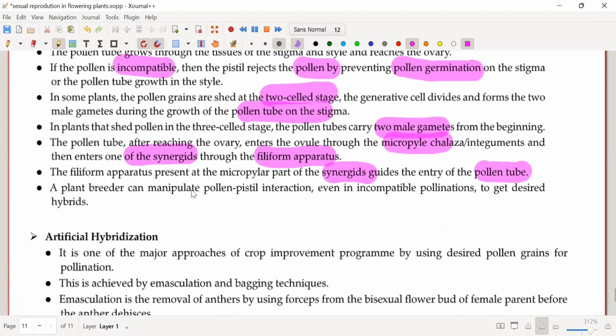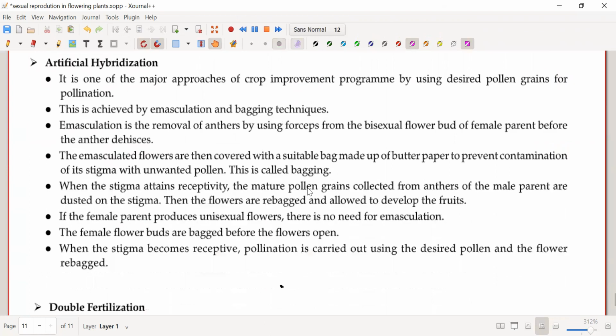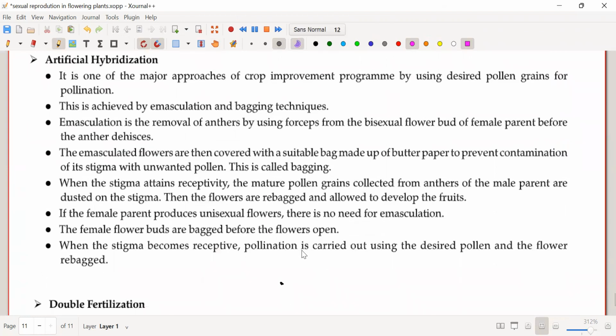The plant breeder can manipulate pollen-pistil interaction even in incompatible pollination to get desired hybrids. So this results in artificial hybridization. What is this artificial hybridization? It is one of the major approaches of crop improvement programs, by using desired pollen grains for pollination. This is achieved by